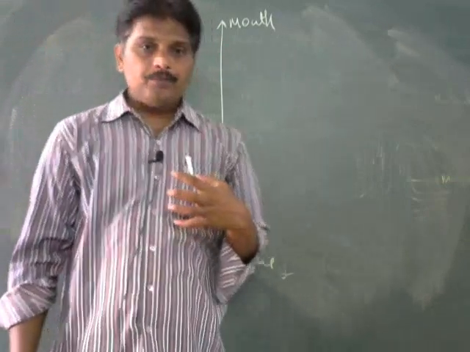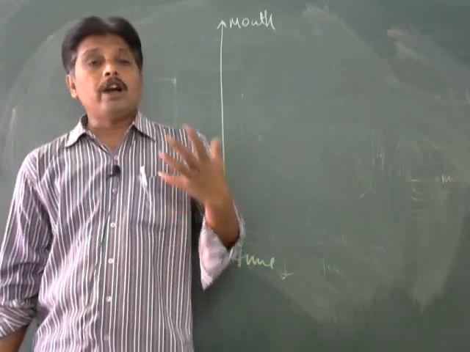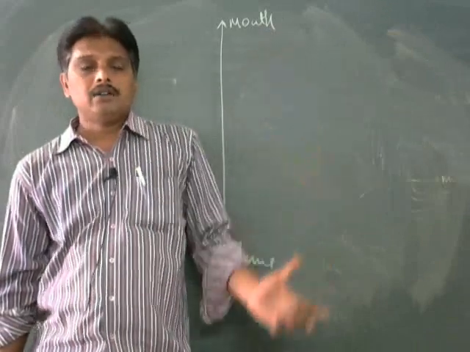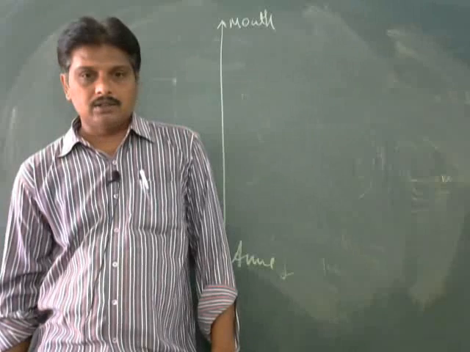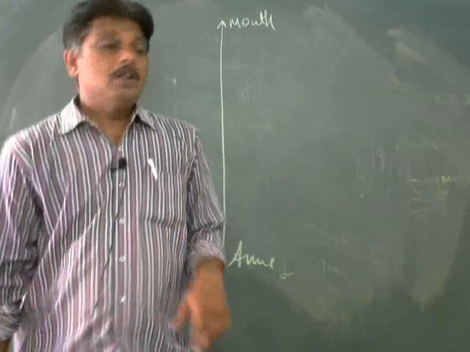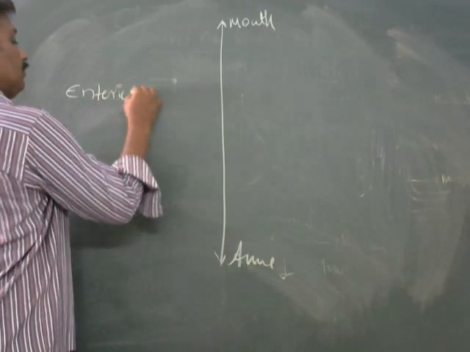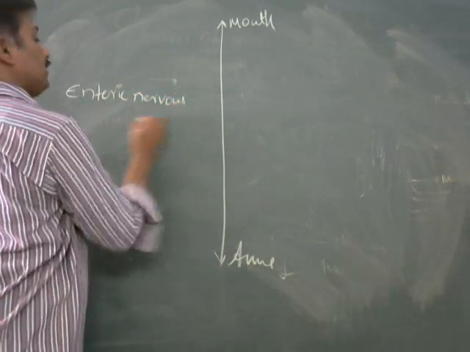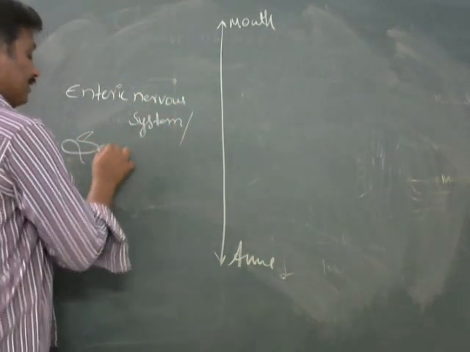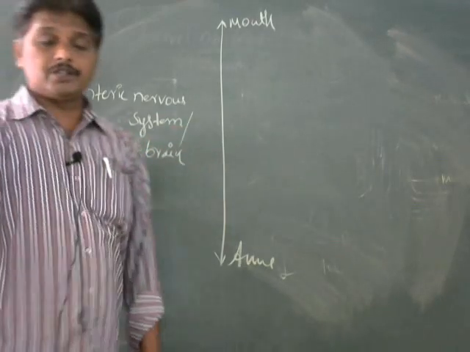In our body, after the brain, the largest number of nerve cells are present along the length of the digestive tract, and this system is called the enteric nervous system. Enteric nervous system. This enteric nervous system is also called the second brain. Second brain in our body. Why it is called the second brain means,